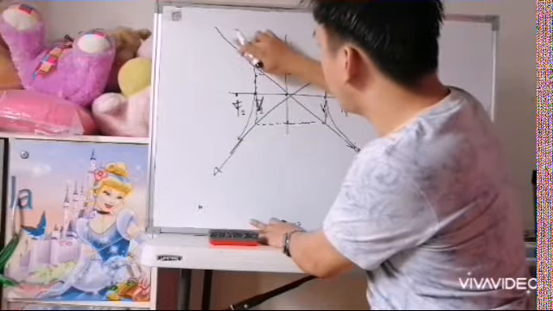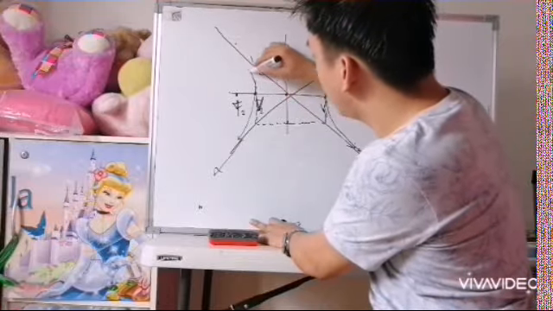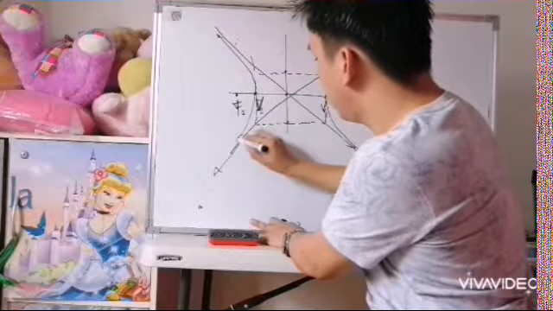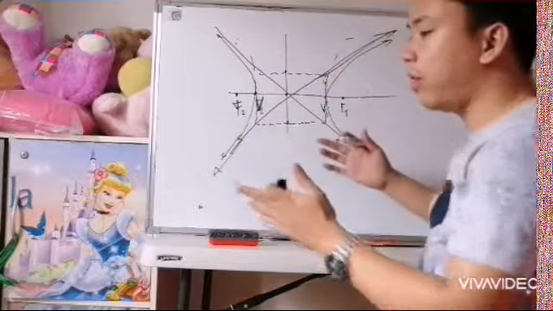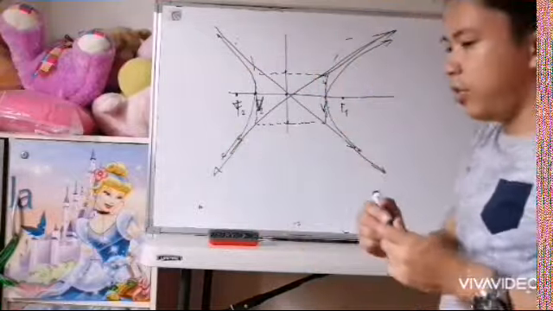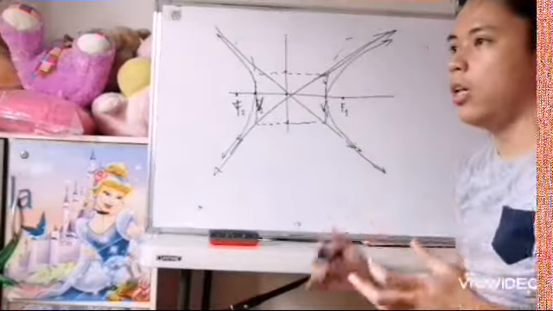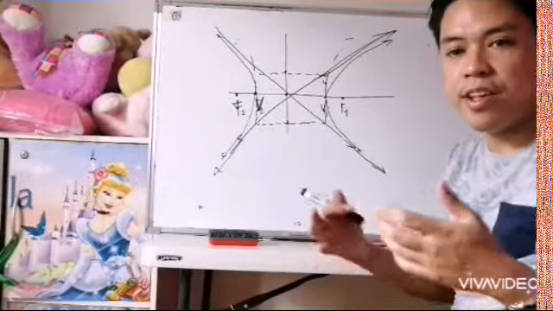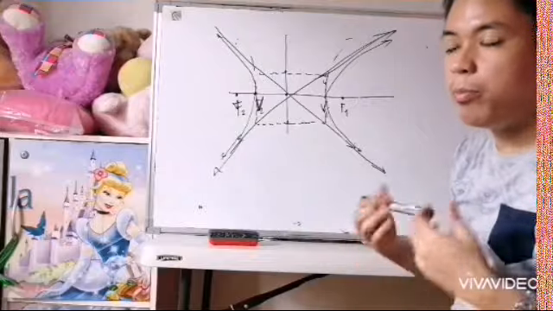Because it should be asymptotic. It shouldn't be beyond this line. Okay, so assuming my drawing is perfect. So according to the definition again, a hyperbola is a set of points at which, if you pick a point